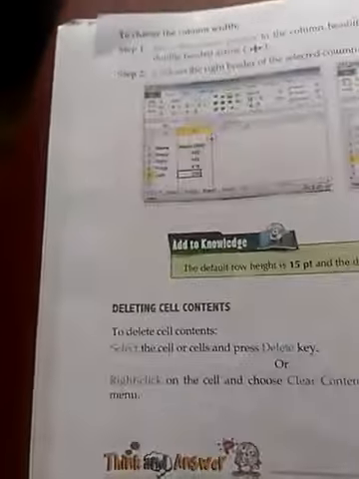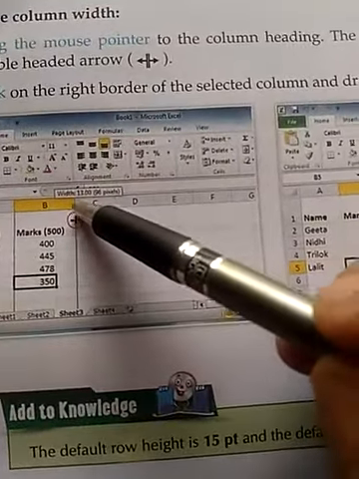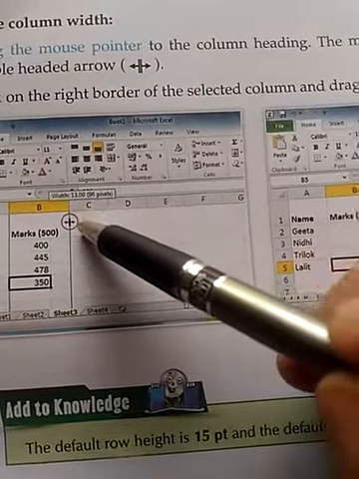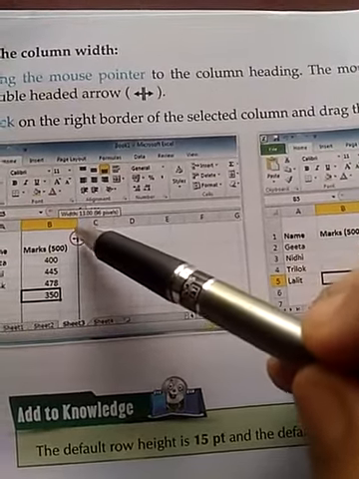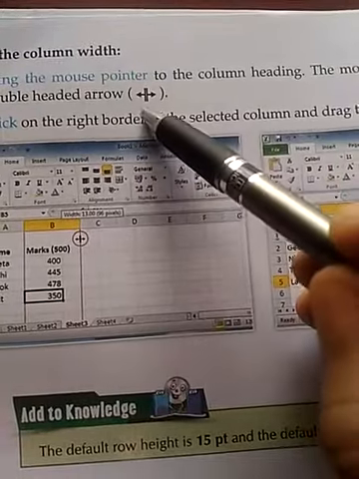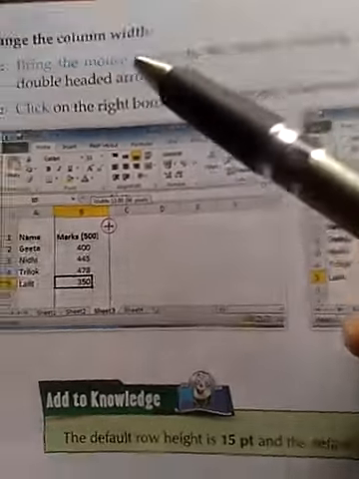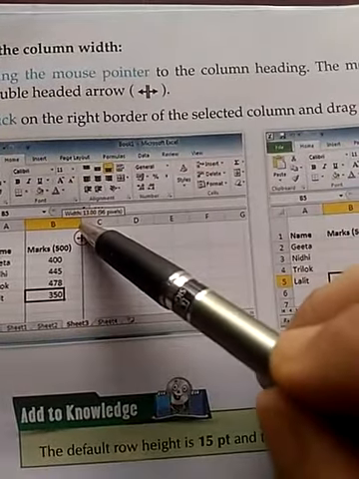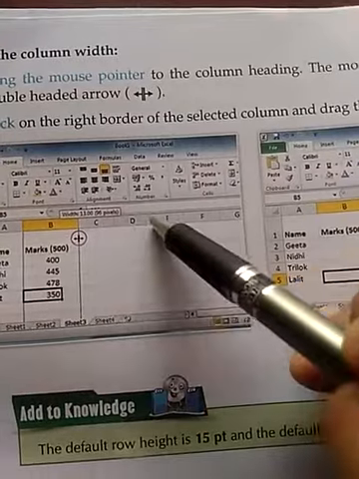In the same way, if we want to change the width of the column, then that can be done simply by placing your mouse over the heading of the column. Then your mouse will become a double-headed arrow. After that, click here, hold your mouse and drag it to the position.